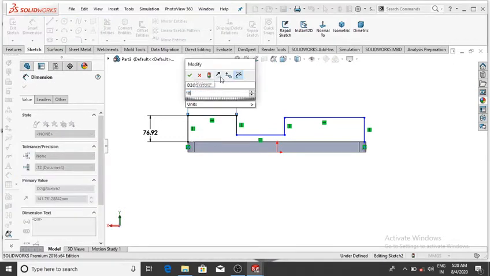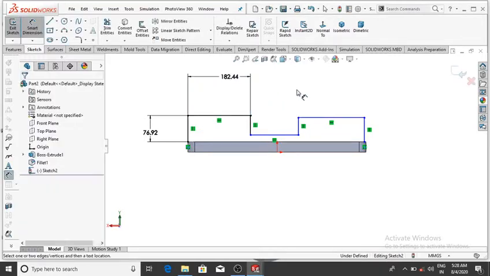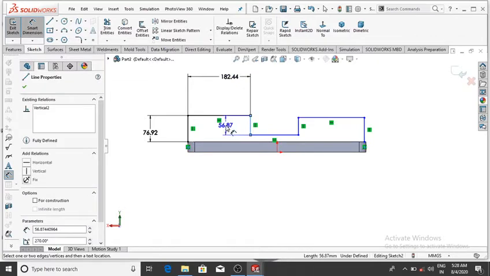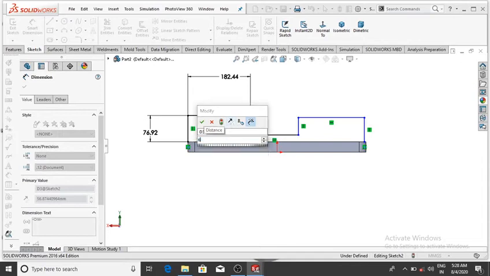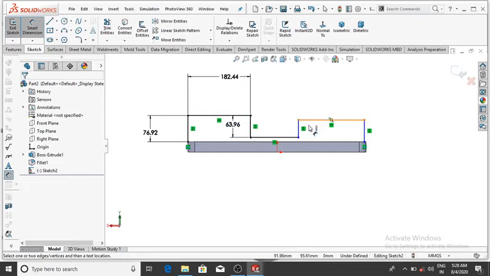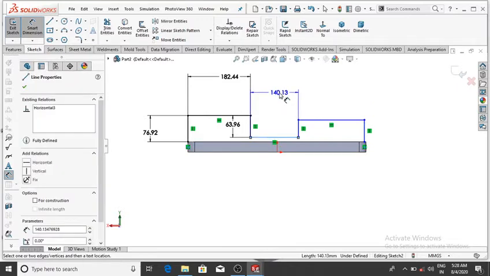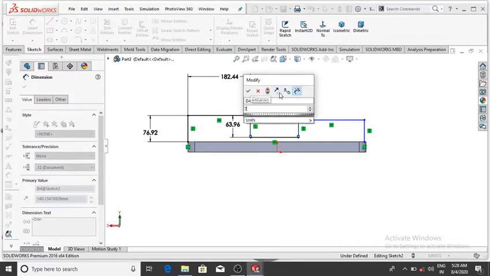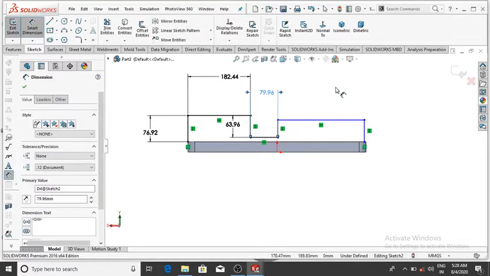182.44. So select 182.44, then OK, and this line will be 63.96. So select 63.96, then OK, and this gap between this line will be 79.96. So select 79.96, then OK.